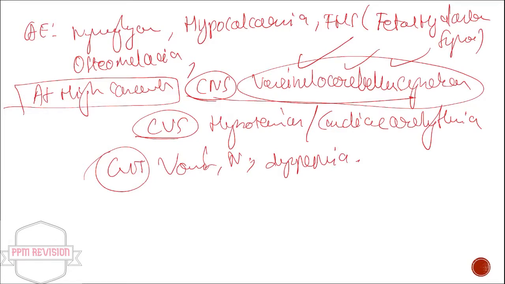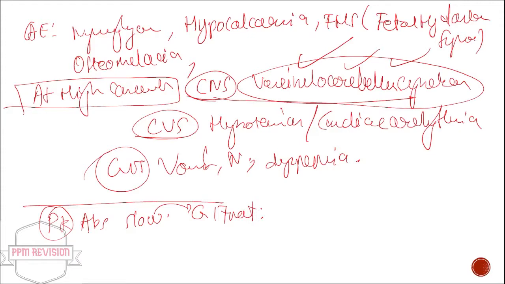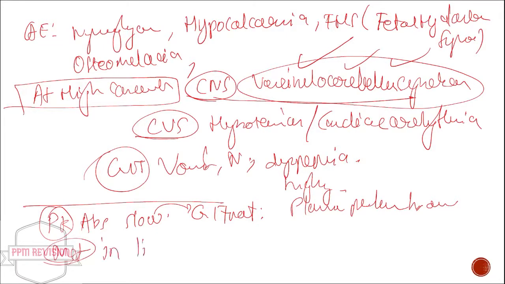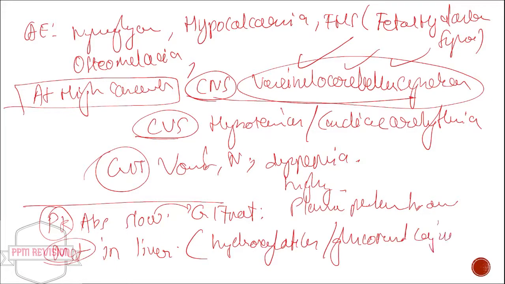Now quickly looking at the pharmacokinetics, it is absorbed slowly. So absorption is very slow in the GI tract, and it's highly bound to plasma proteins. Now it is almost completely metabolized in the liver, by the process of hydroxylation. This is important, hydroxylation and glucuronide conjugation, okay,